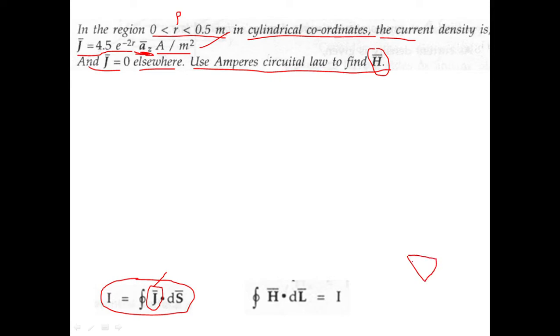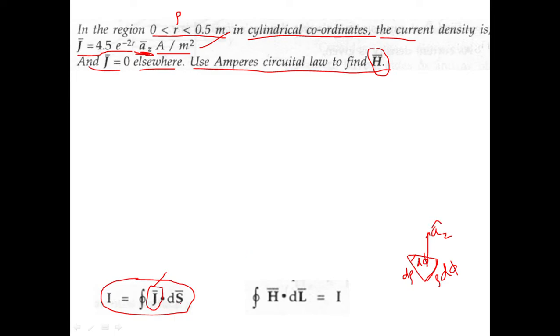Now if the angle is d phi, and the length is dr or d rho, right? So this will be rho d phi. Now what will be ds of this one? It will be nothing but rho d phi into what is the unit vector of this one? It will be az cap. That is the top surface. You can check your notebook. So this will be az cap.